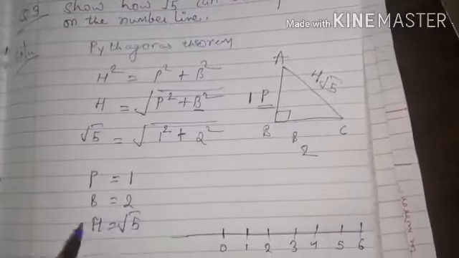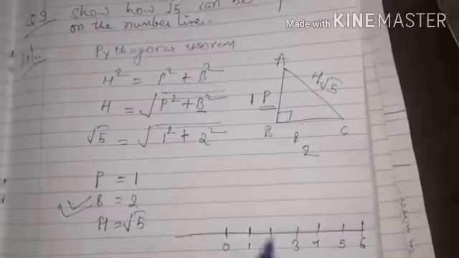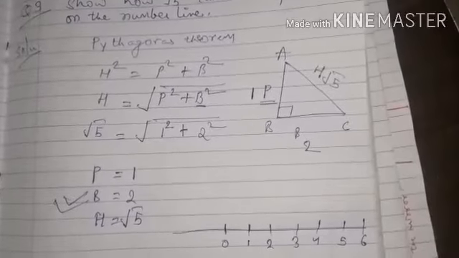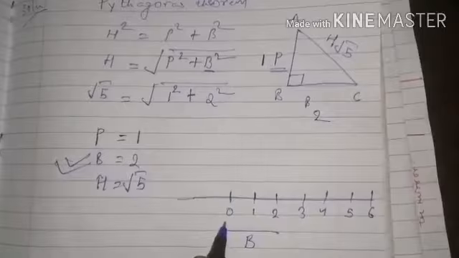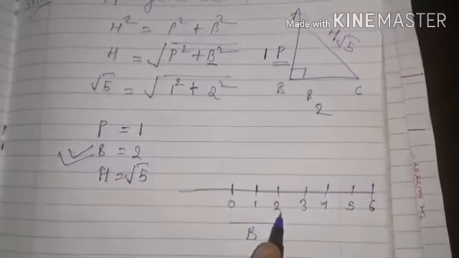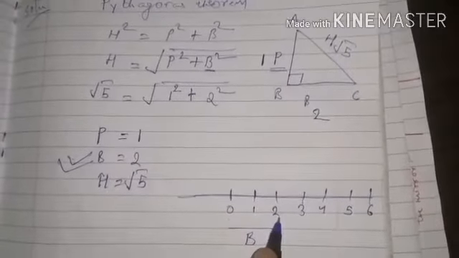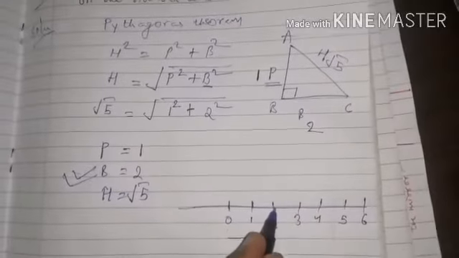For example, if base is 2 units, we can say that this is our base. As you can see, this is our base 0 to 2. We are taking 2 units, and from here